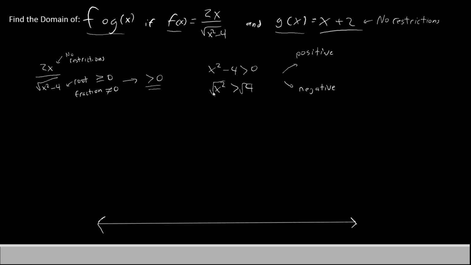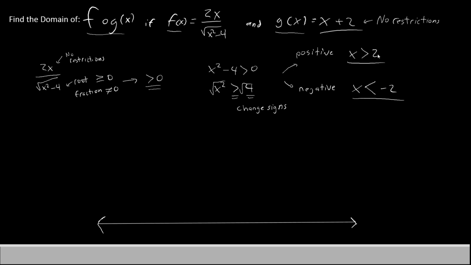In the positive version, we just normally take the root. So we'll have x greater than, square root of 4 is, of course, 2. There's our first restriction. Now with the negative version, you change the sign of the inequality, and you change the sign of the number that you get. So we'll end up with x less than rather than greater than, and instead of saying 2, we'll say negative 2. So those are our two restrictions from this function.